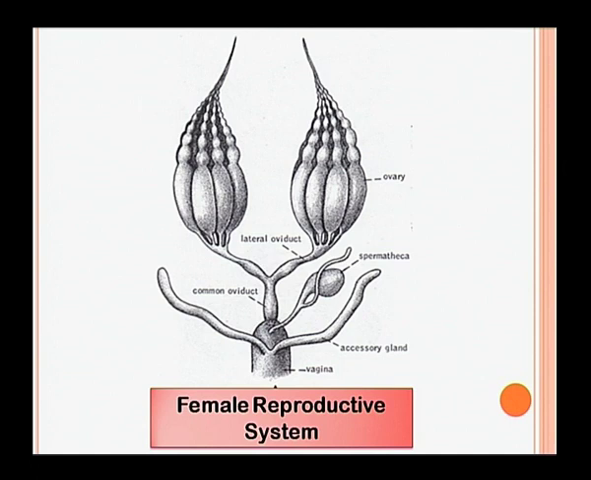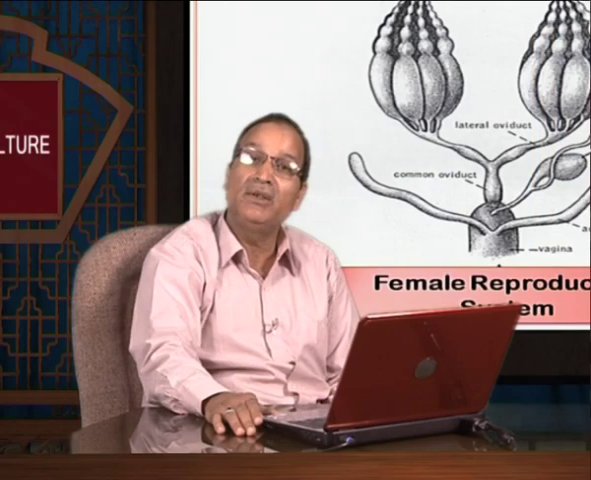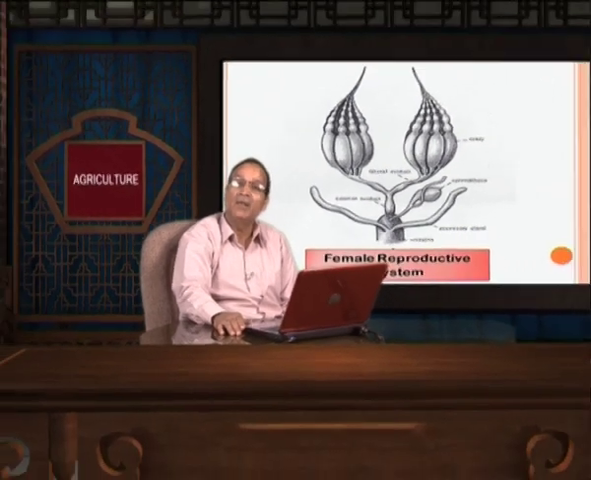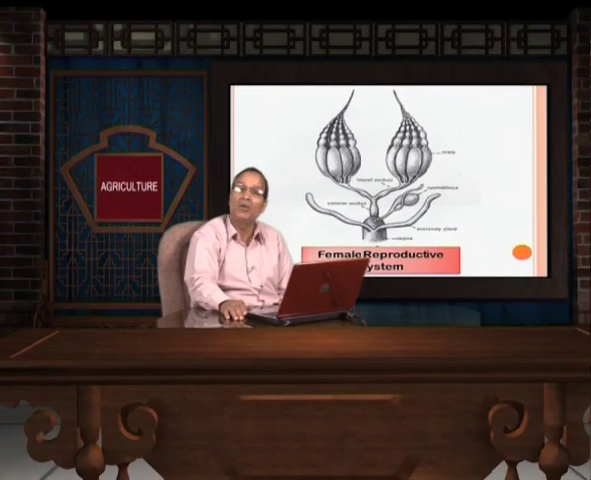Now, the posterior part of the ovary opens into very fine tubes which are known as oviducts, and both these tubes unite at a common place in the form of common oviduct, where actual fertilization takes place. Now, this common oviduct projects downward and opens near the vagina of the female,